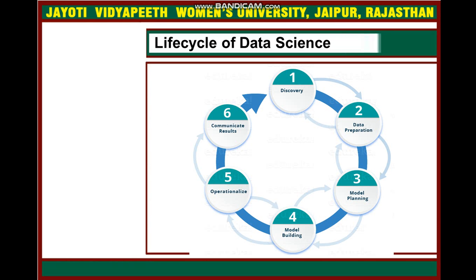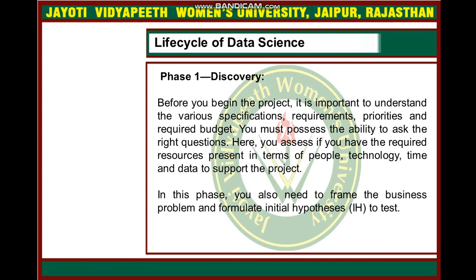Now come to the life cycle of data science. In this there are 6 phases. First is discovery, second data preparation, third model planning, fourth is model building, fifth operationalize, sixth is communicate results. Now let's explain one by one. In phase 1, that is discovery,